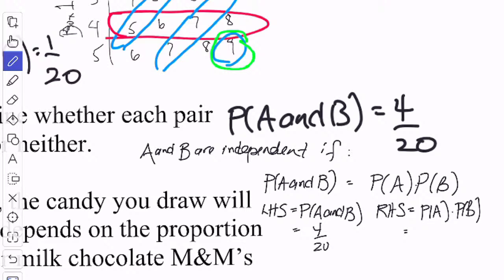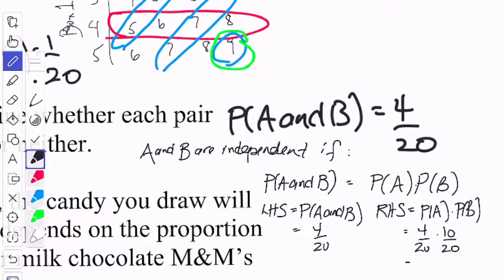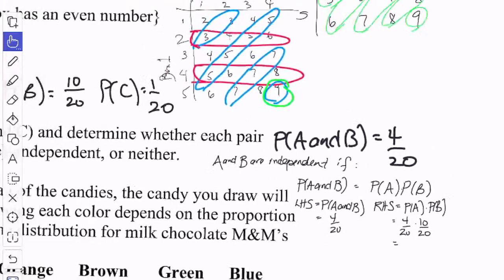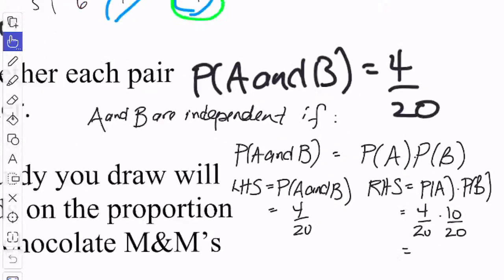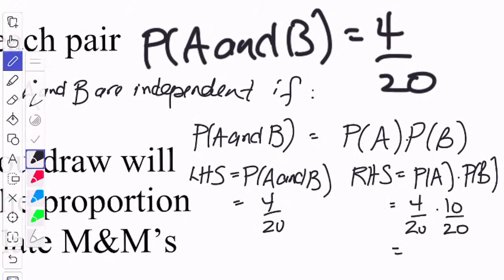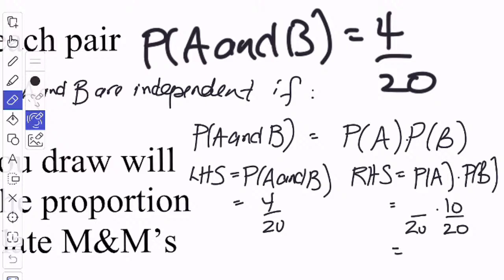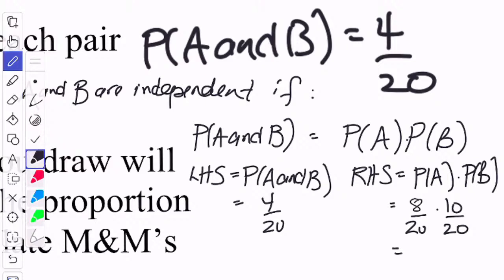Well, probability of A was 4 out of 20, correct? And the probability of B was 10 out of 20. Is that right? Oh no, see, it was 8 out of 20. Let's fix that. So this was 8 out of 20, and that's 10 out of 20. And if you simplify that,